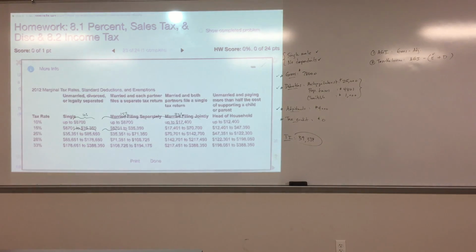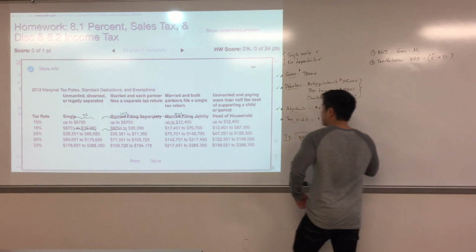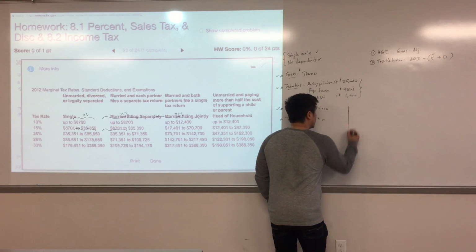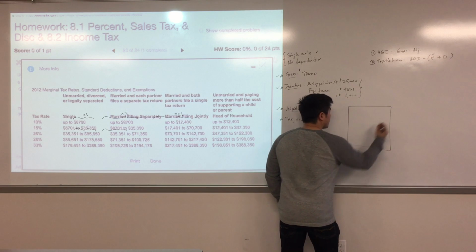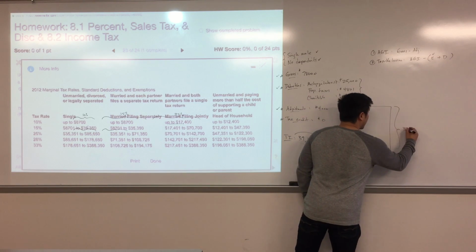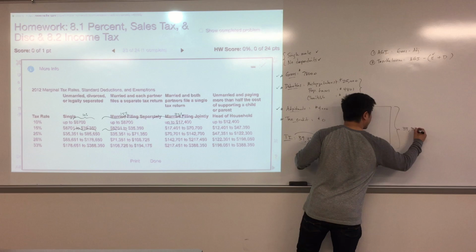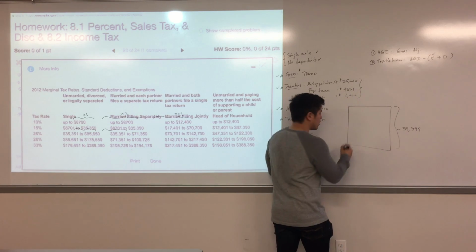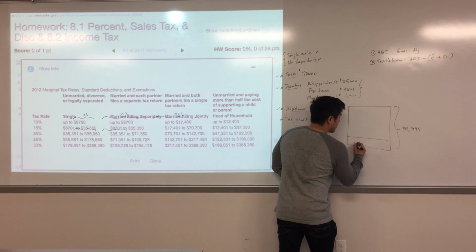How did we get those numbers? Right here, 35,350 minus 8,700. Does that make sense? Okay, so the thing that people don't understand is this. Maybe a little picture will help you. So you have 39,399, okay? The first